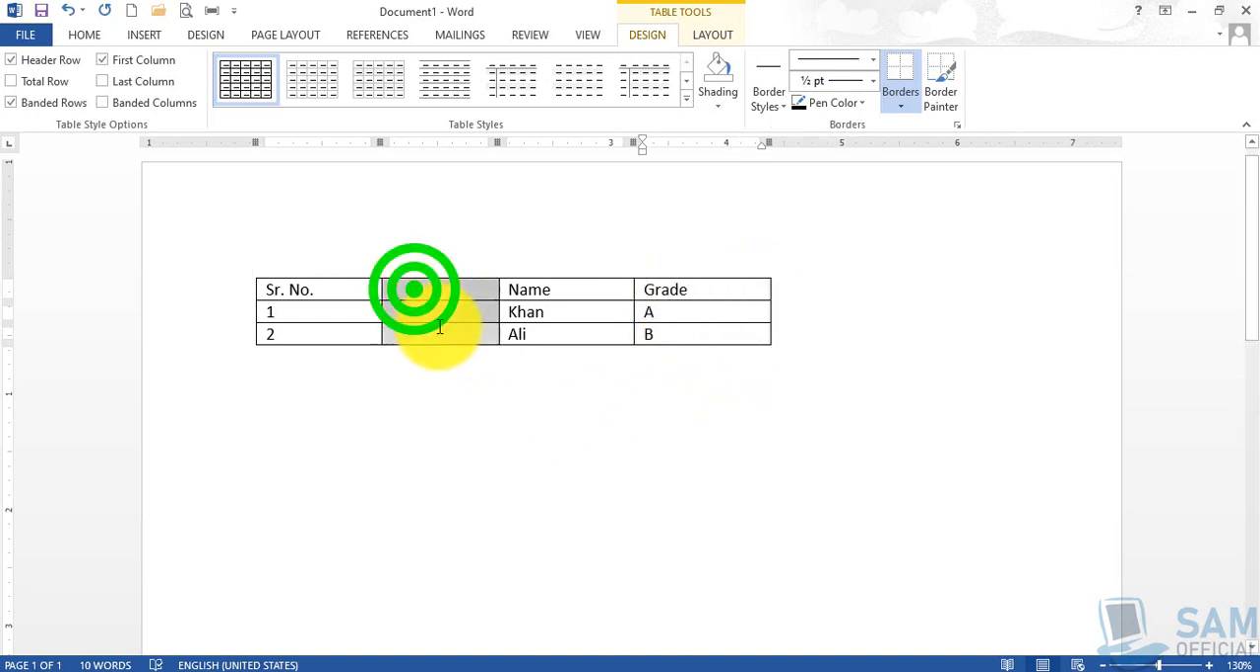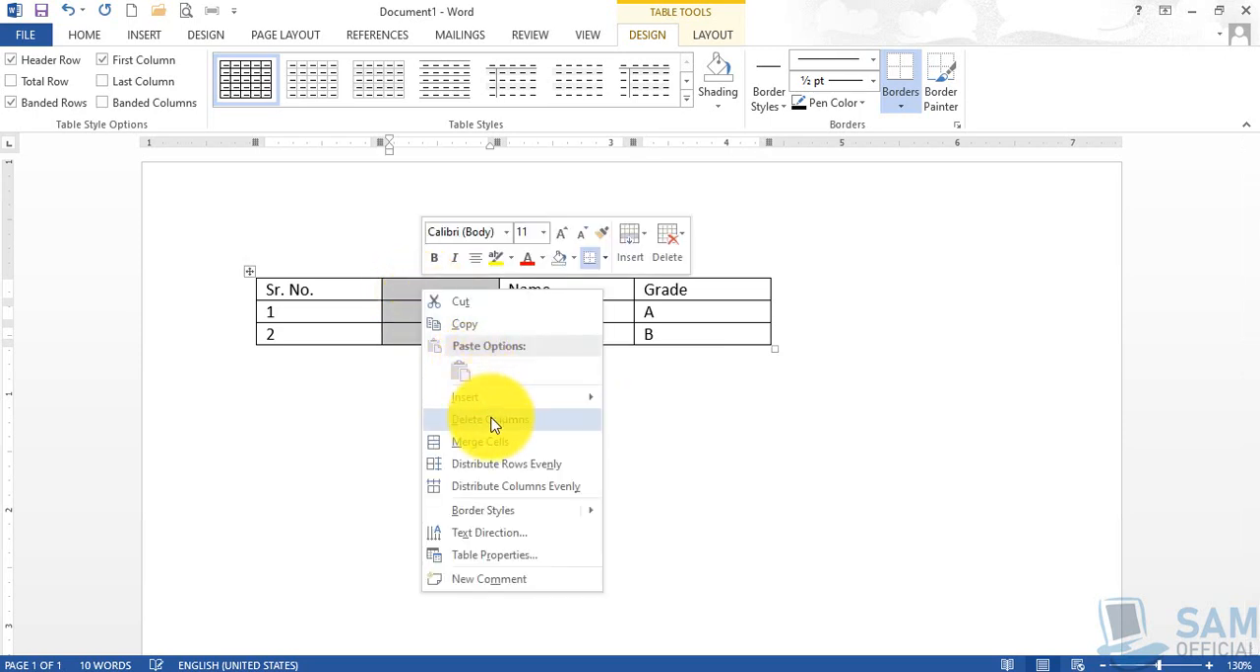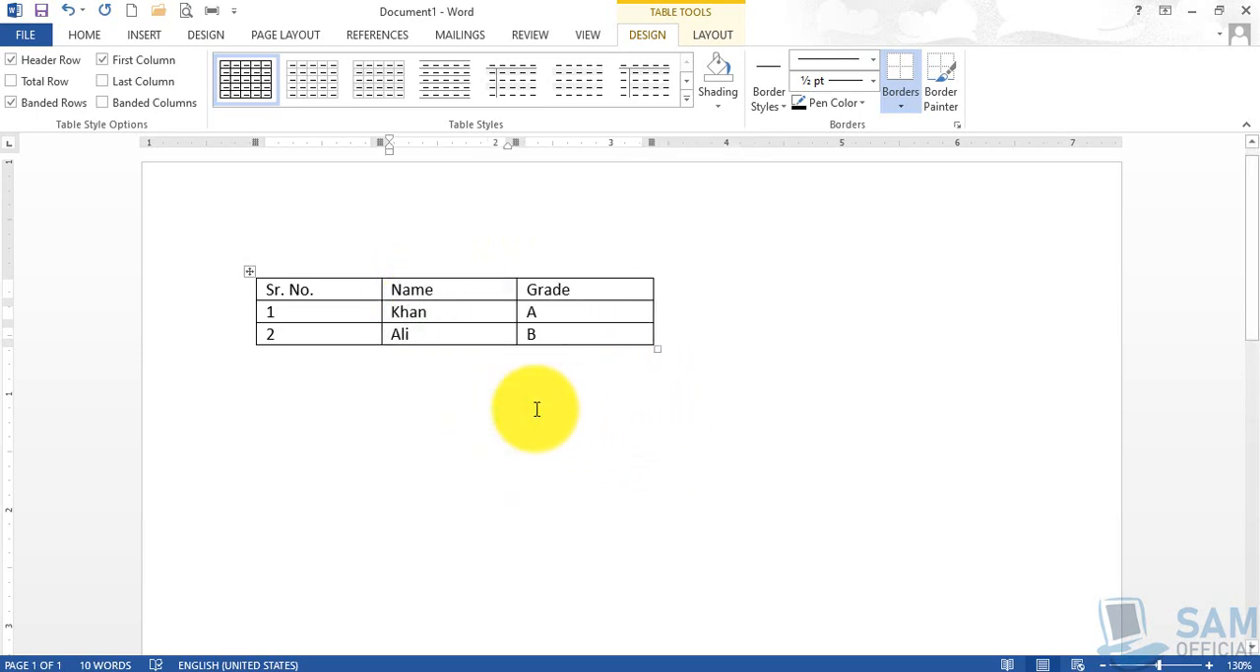So viewers, this way, today we learned how to insert table, how to insert rows, and how to insert columns, how to delete a single or more than one rows, or how to delete a single or more than one columns from our table. Finally, I suggest you that because this table contains some data, so finally save this file,